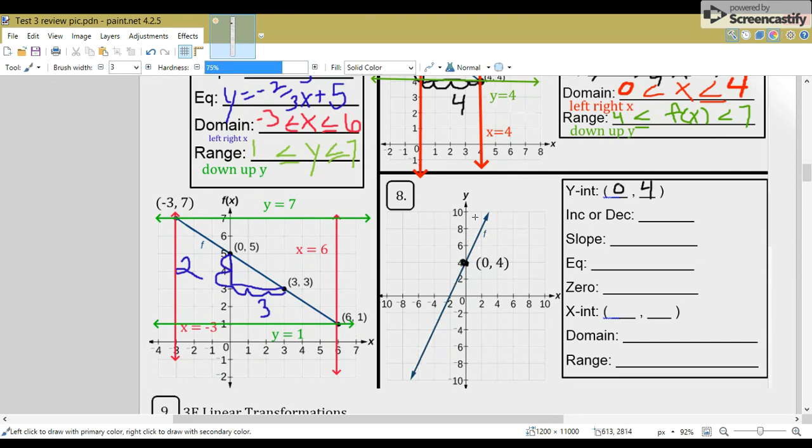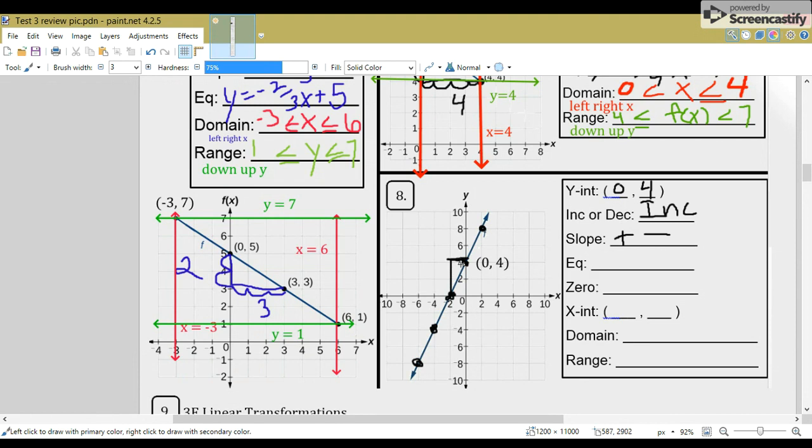This is a positive slope, so it is increasing, and we put a plus sign in front of our slope. Let's find another point. It has to be a lattice point, and lattice points are where the graph intersects both grid lines at the same time. So that's a lattice point, that's a lattice point. This could be a lattice point. All of these are lattice points, but we only need 2. Let's go ahead and use our